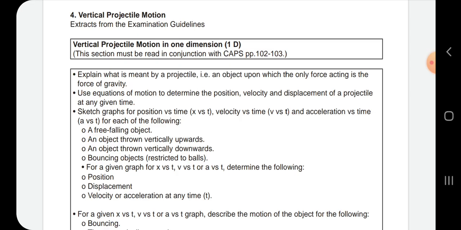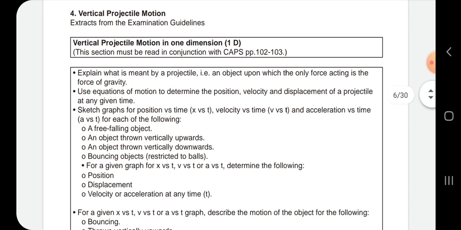So here we have an extract from the examination guideline. What does the examination guideline say about vertical projectile motion? It's very important that with physical science you have your examination guideline. Just go on Google, type physical science grade 12 examination guideline PDF, and you'll be given a PDF, the examination guideline in a PDF format, and you download it to your phone so that every time you are studying you can just refer to it,